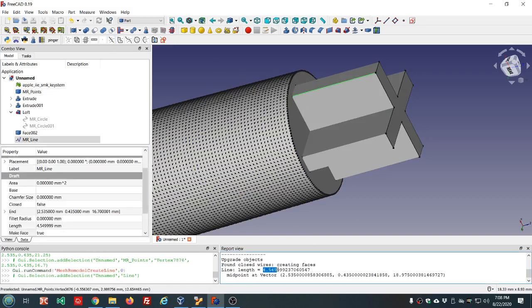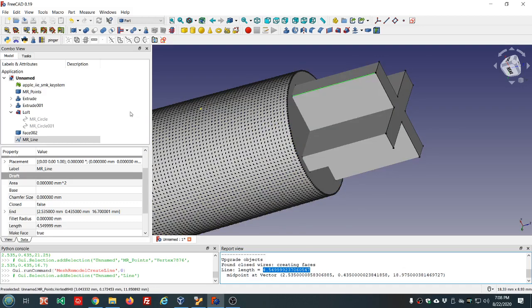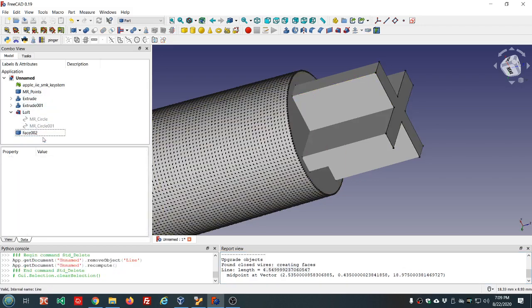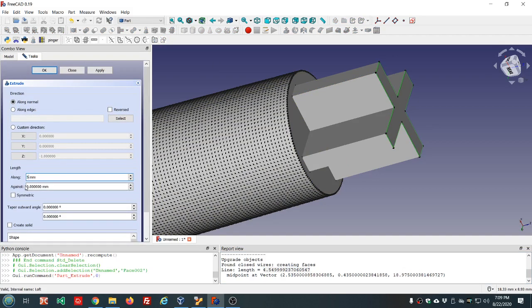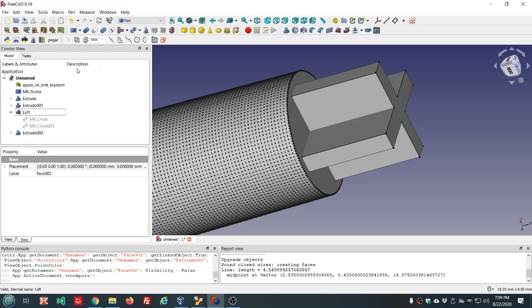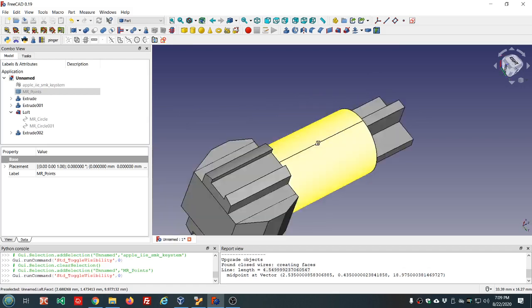And with this 4.55 millimeters long, I'll just make it 5 and let it extend into this part here. Delete that line, extrude 5 millimeters, apply, and close. Hide the original and the points object,